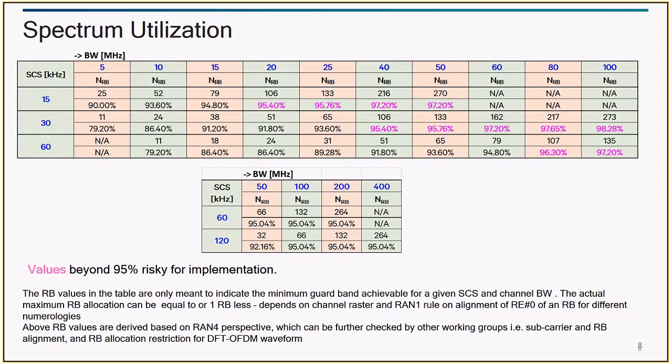You said there is no PCFICH and PHICH channel. Correct. So how would the UE know the control channel part and the user part? In LTE, your control channel, or the CCE aggregation, was given by PCFICH. You don't have that control channel aggregation concept over here, so you don't need a PCFICH per se. The only channel is PHICH, where you send an ACK/NACK. Now that is getting bundled in your PUCCH itself instead of being on a separate physical layer channel. Everything happens in the same 1 millisecond.